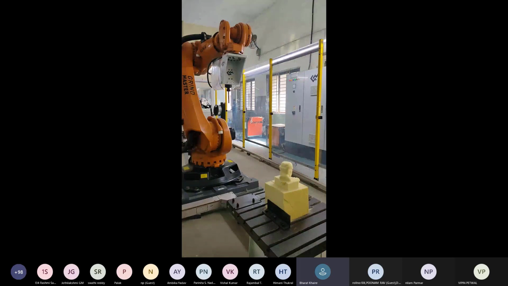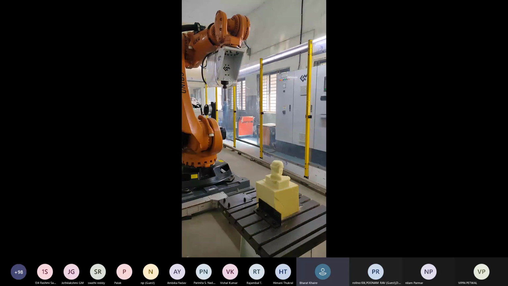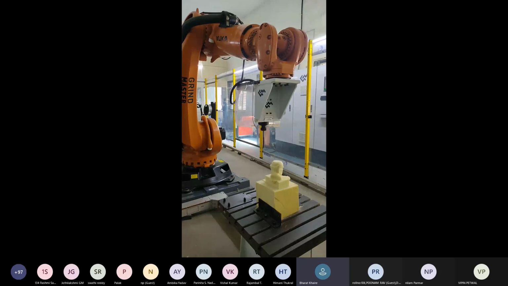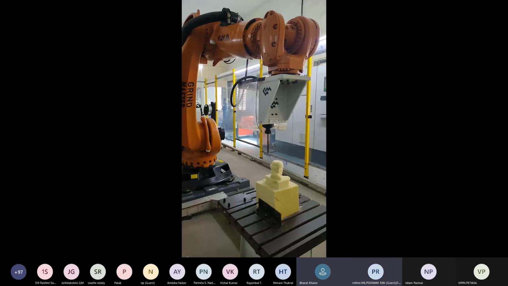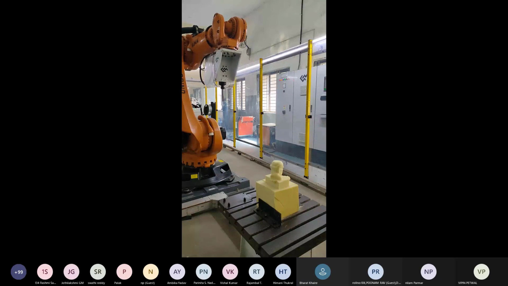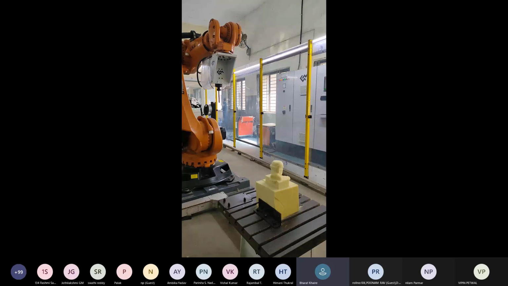Home position, first PTP point, point to point, first point, and the square is complete, and then it will go to the home position. Okay, so that is a method to make a program in robotics. This language is C++.